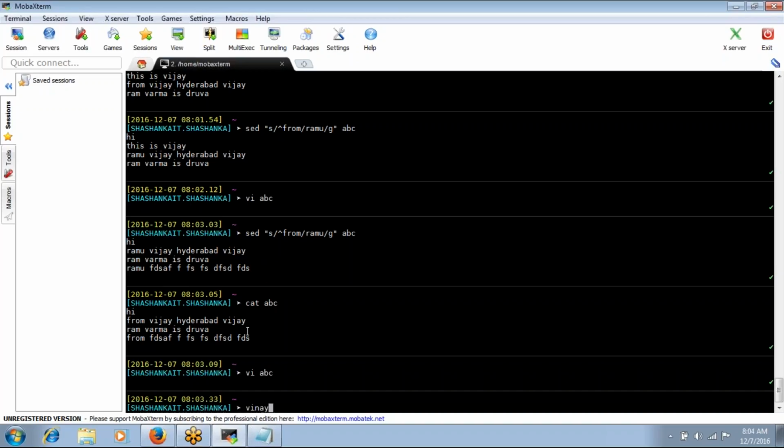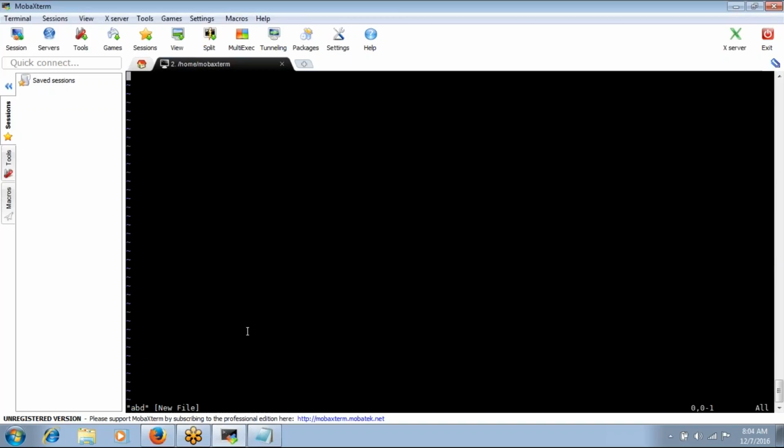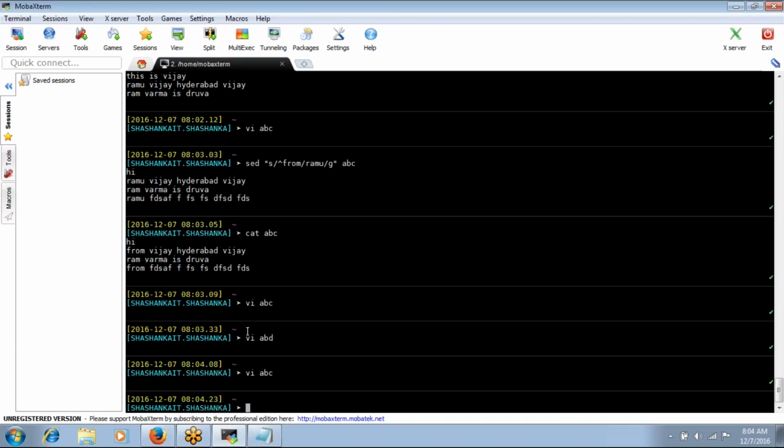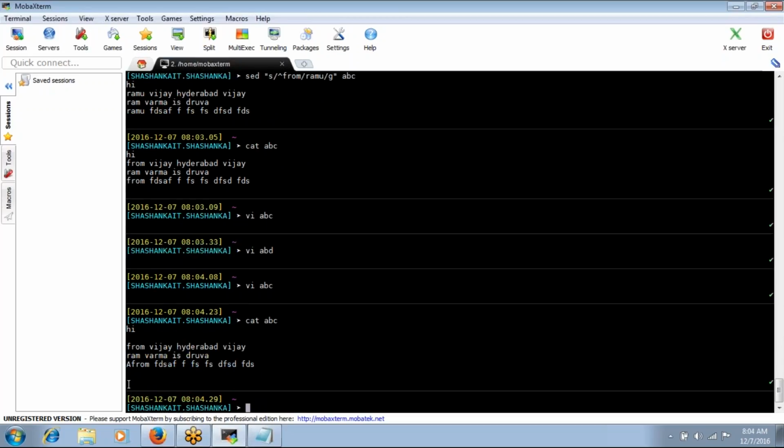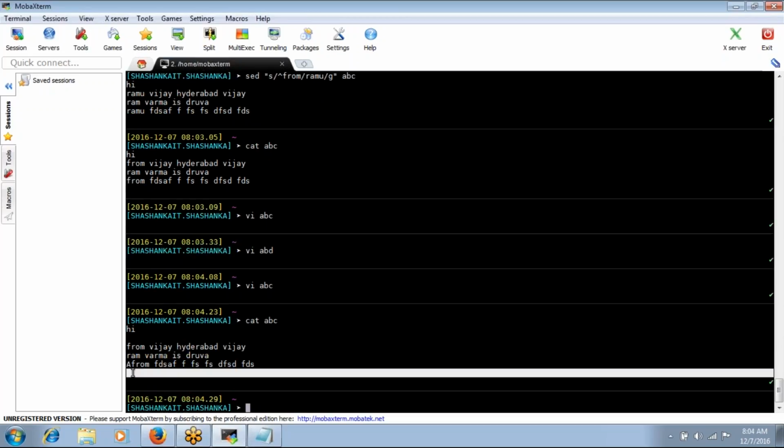Suppose if I give Vijay ABC, if I enter a line in insert mode, shift A, and insert a line, if I give a space, this has the record. That record has the space value, right? Space is a value. If I give cat ABC, that's the space value, the record.